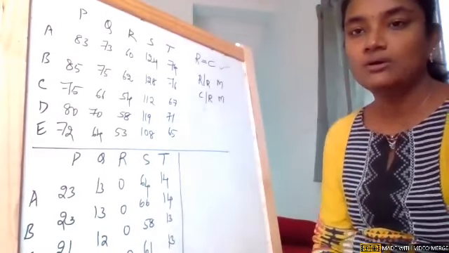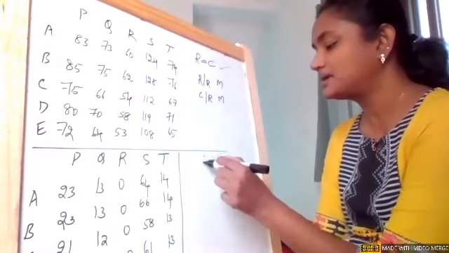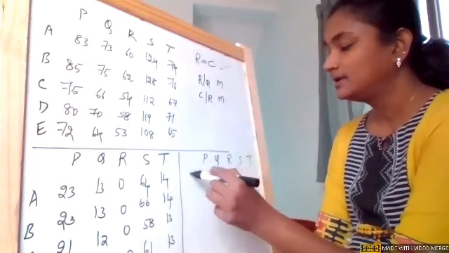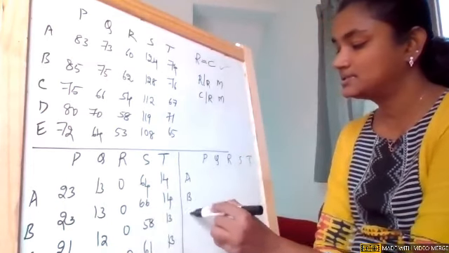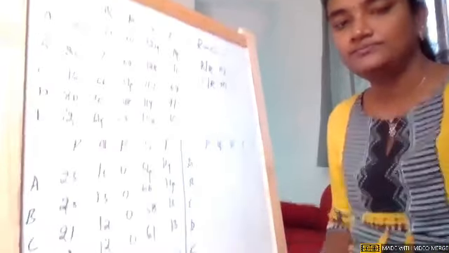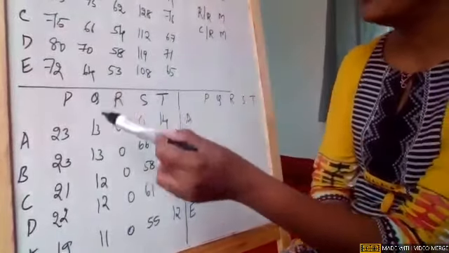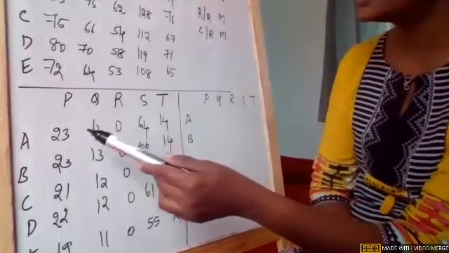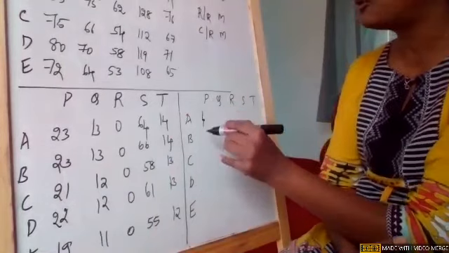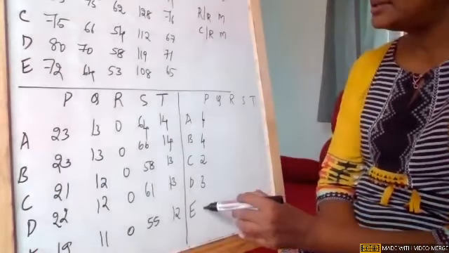Okay, now we are not going to continue with this. We are going to take the column reduced matrix to proceed further. So we are going to do that. A, B, C, D, and E. Now, for the column reduced matrix, in the first column the smallest value is 19. So there are 4, 4, 2, 3, and 0.